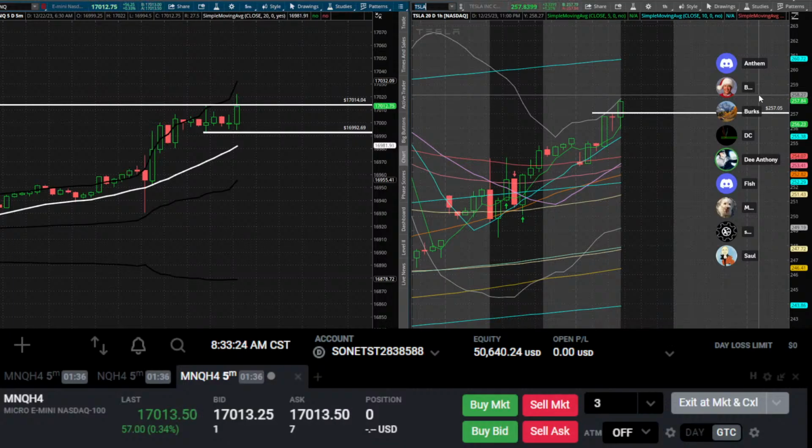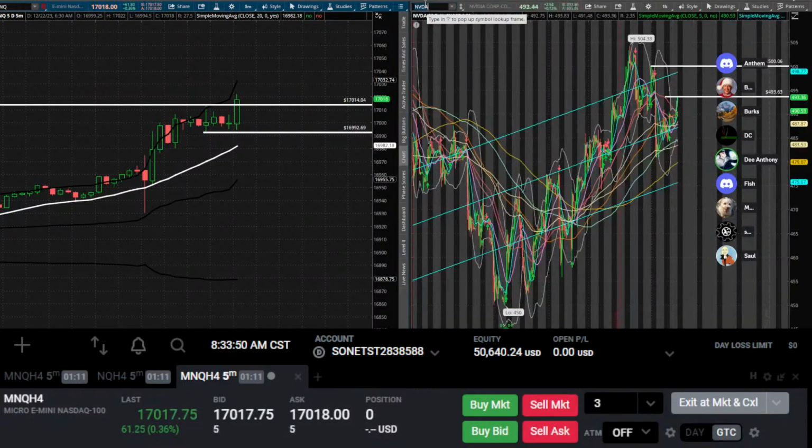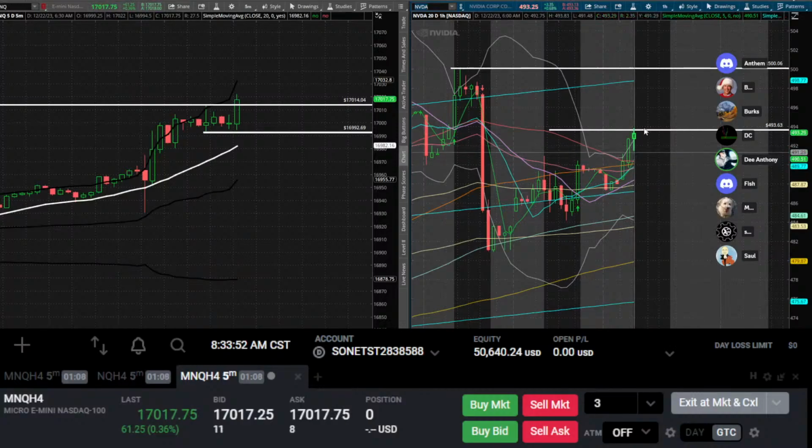That's a good pop on Tesla, guys. I don't know if anyone took that. Up about $1 from those pre-market highs on Tesla. If anyone took the Tesla off the bell like that, look for a quick scale out. Take half size. If you want to use break even as your stop, use break even as your stop on Tesla. The other one that I was really focusing on was the Nvidia that's kind of creeping, kind of broke over those pre-market highs